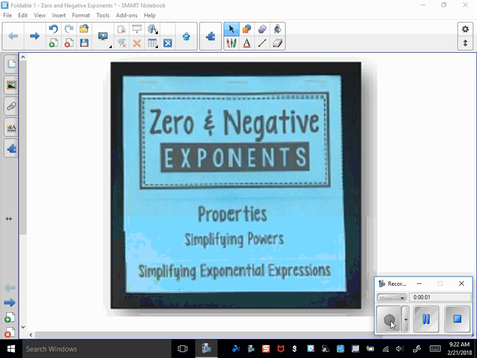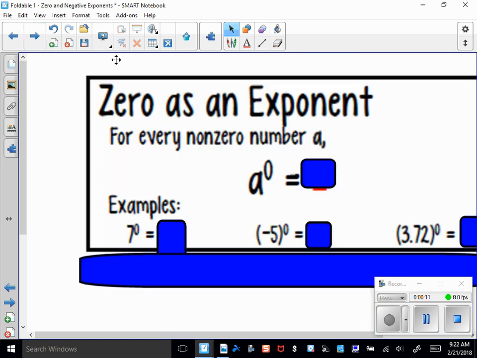So we have a two-part lesson today. The first part is on zero and negative exponents, and so we're going to cover two different foldables. So the first one, and this is going to be our rule for